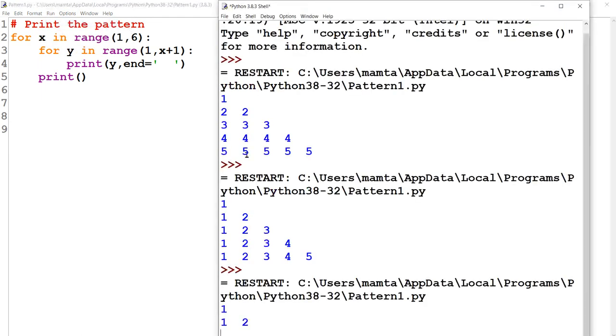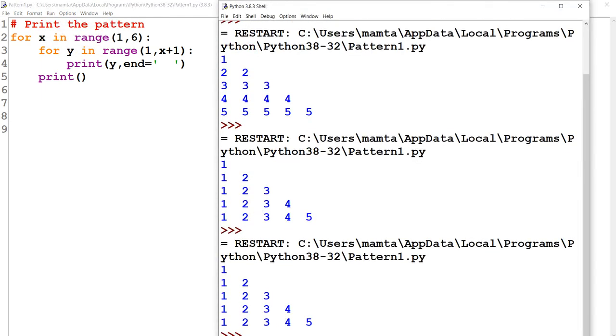So if we go to the output screen once again, I have run this pattern twice, so it is coming here on the screen. In all patterns you can see the columns.